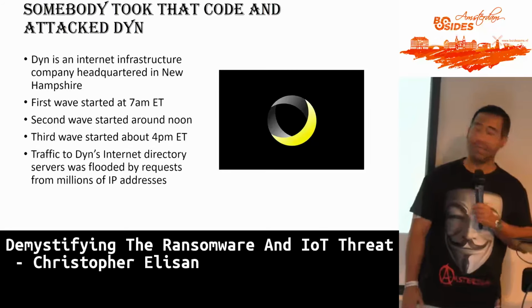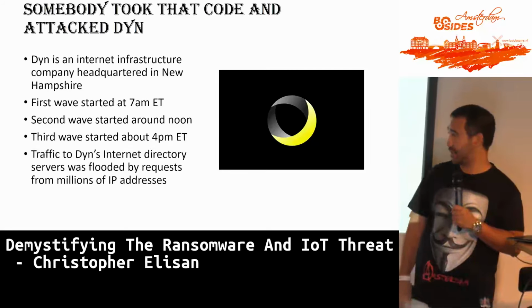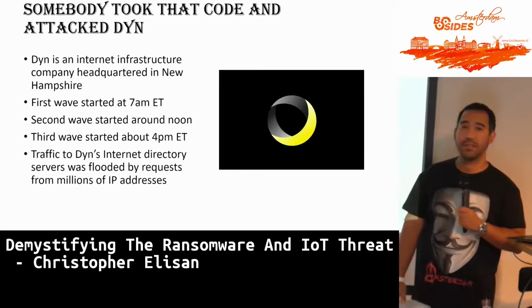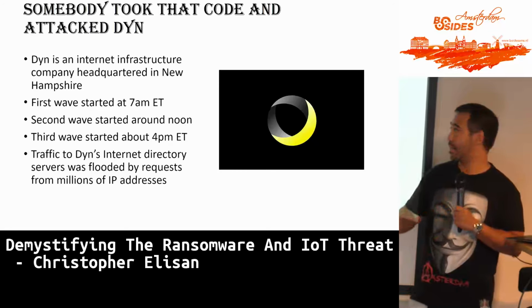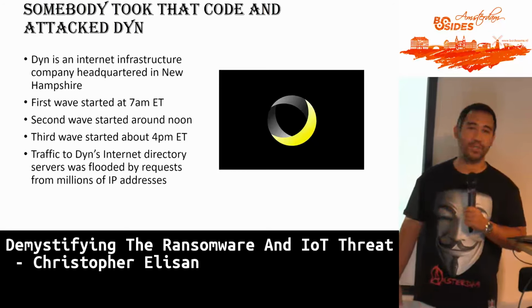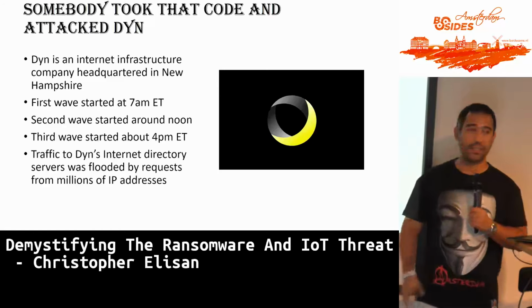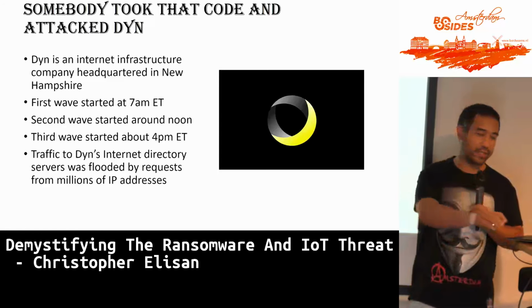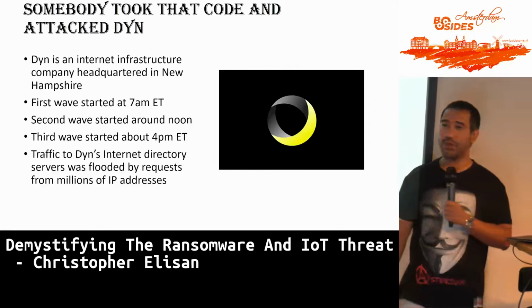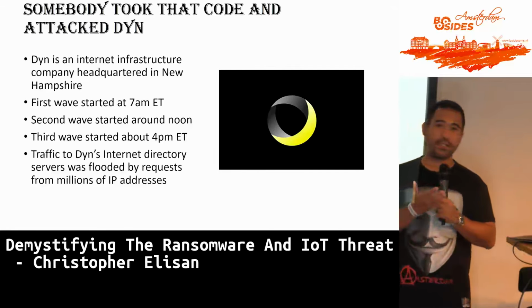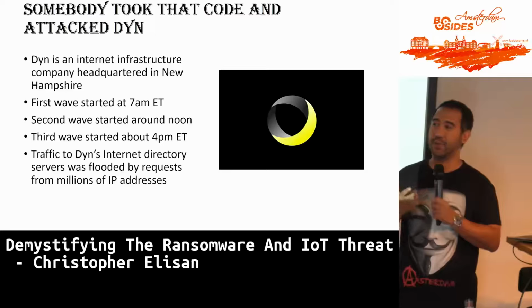So all of the traffic to Dyn's Internet Directory servers caused it to stop. So the DDoS was there for millions of IP addresses, or millions of IoT devices. So if you have a camera at home, usually when you look at it, it says some cameras have a default